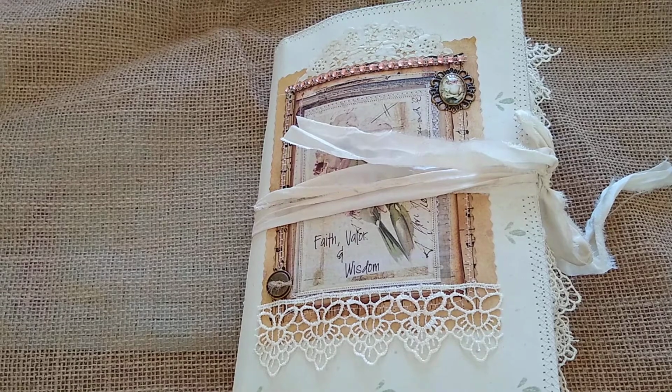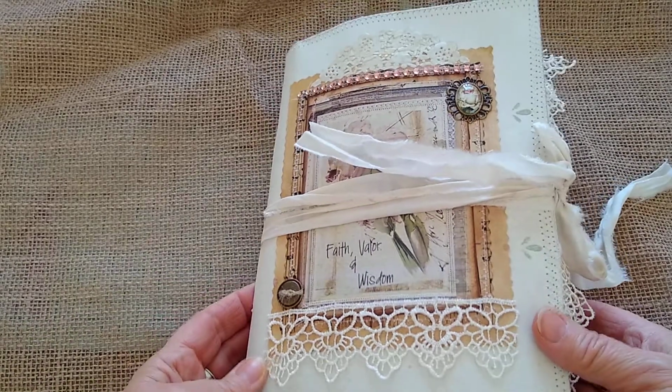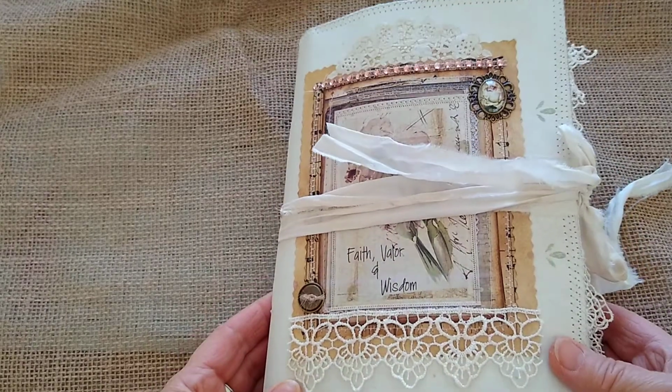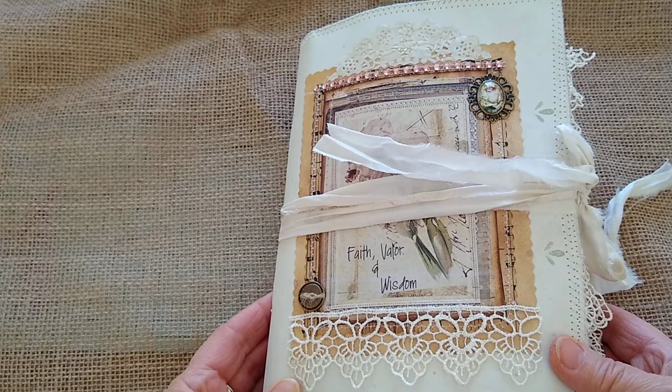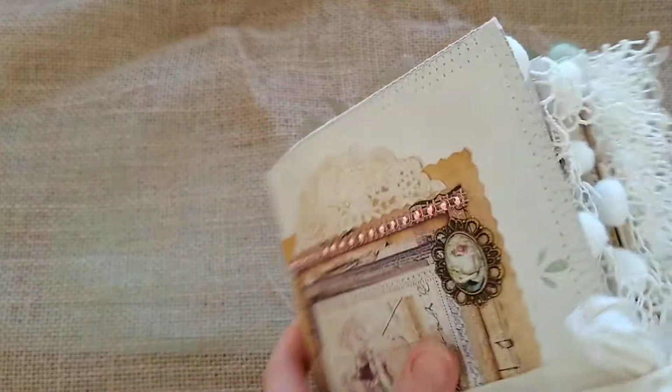I finally got this journal finished. It took rather a while with Christmas and New Year and dogs and everything else. But finally here it is. It measures 6.5 by 9 and it's approximately 92 pages. I've made the cover with wallpaper